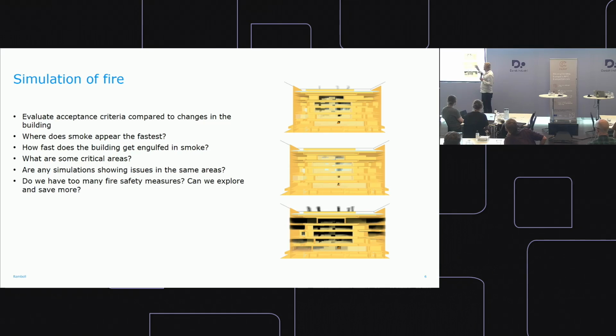So when we then simulate this, we would just see where the smoke accumulates, where it accumulates faster. This is a section of a building, a little bit mixed in when the fire started, but it shows where the critical areas will be and when they will be critical, and that's sort of the specifics of it.